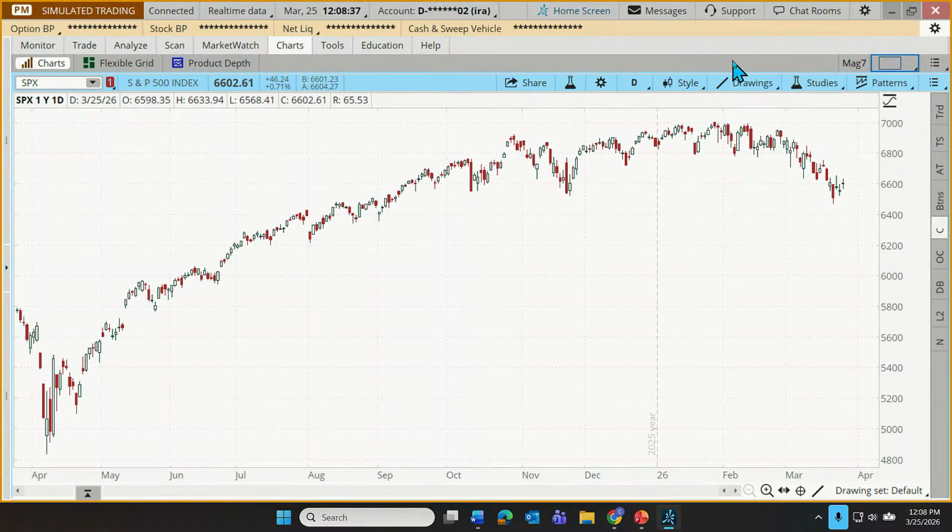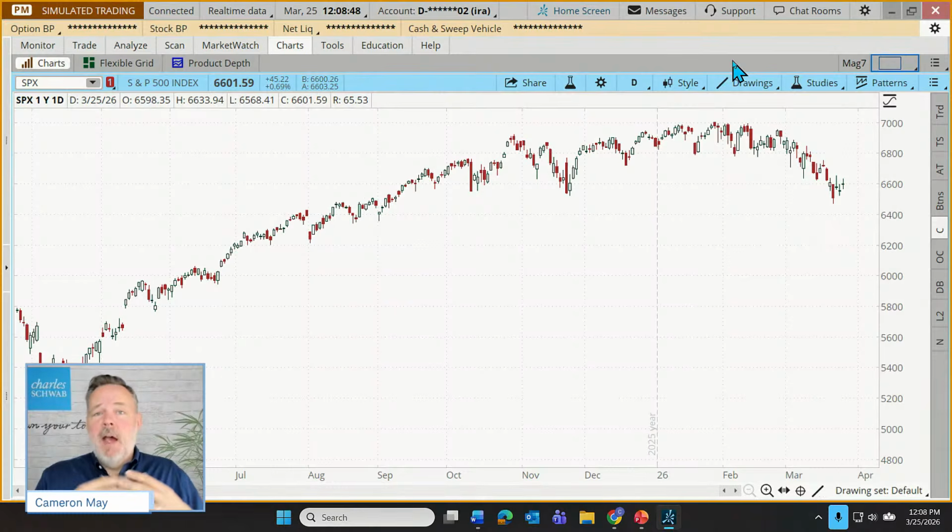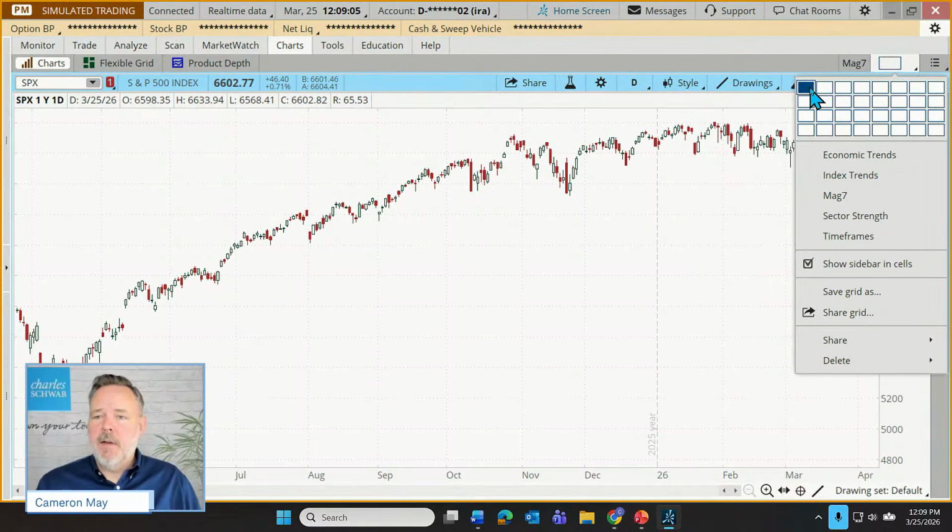So starting with economic trends, for some traders and some investors, they like to keep an eye on things that are just happening broadly. It may be a specific index of the stock market, but it might be other influences like what's going on with gold or interest rates or the dollar or who knows, cryptocurrencies, that sort of thing. But let's build a grid of those. So how about let me build a grid of 6. So I'm going to go here up in the upper right. Let's choose 6.